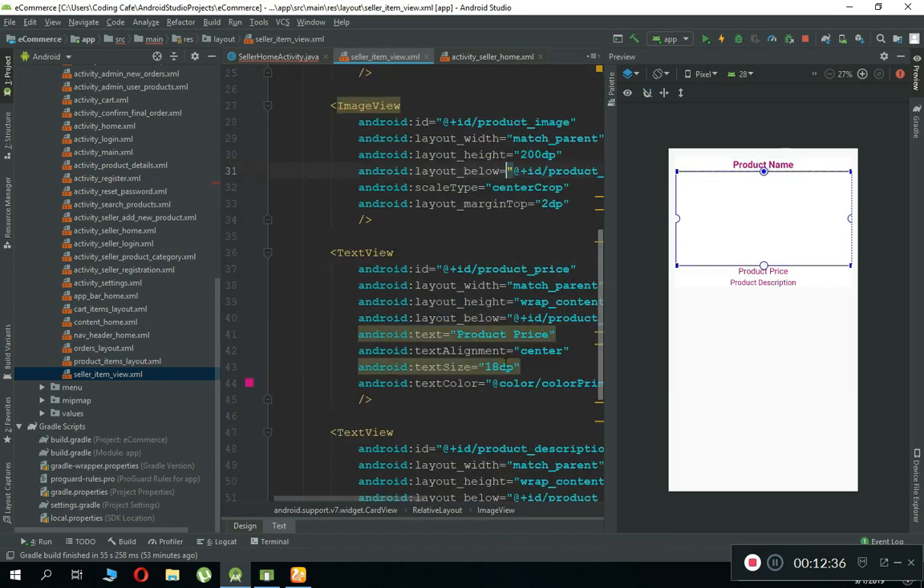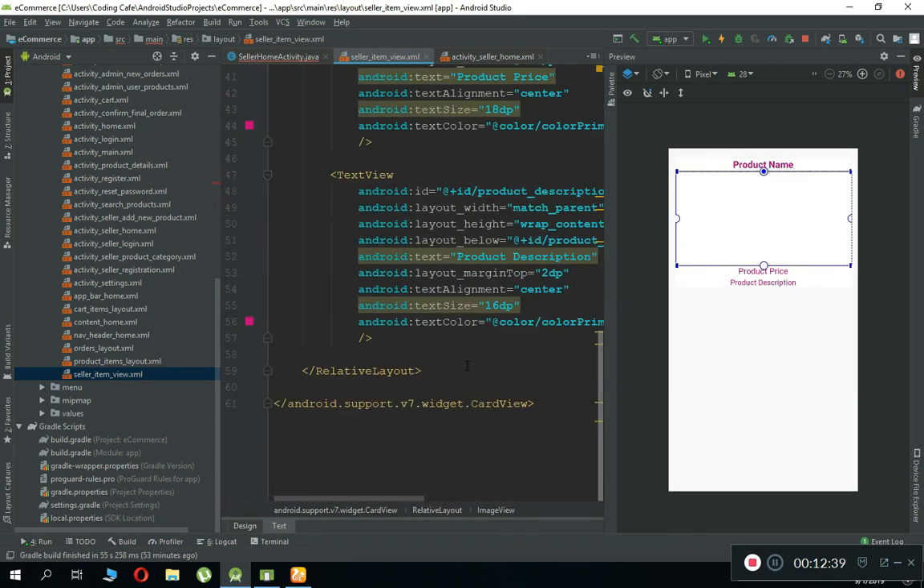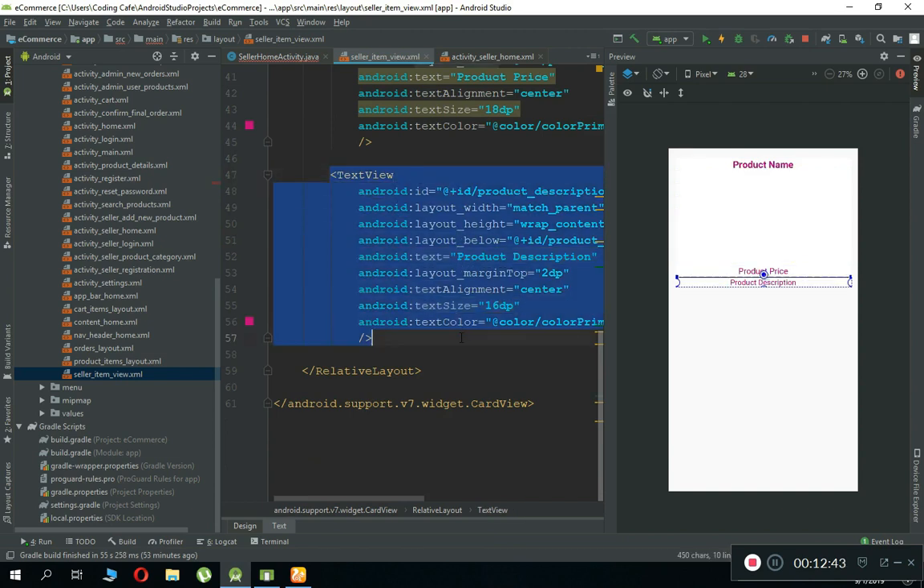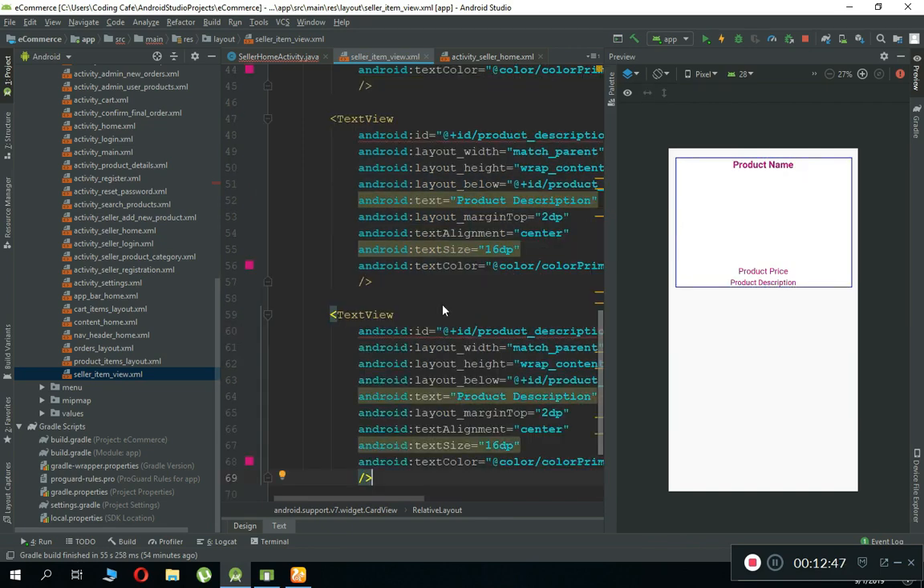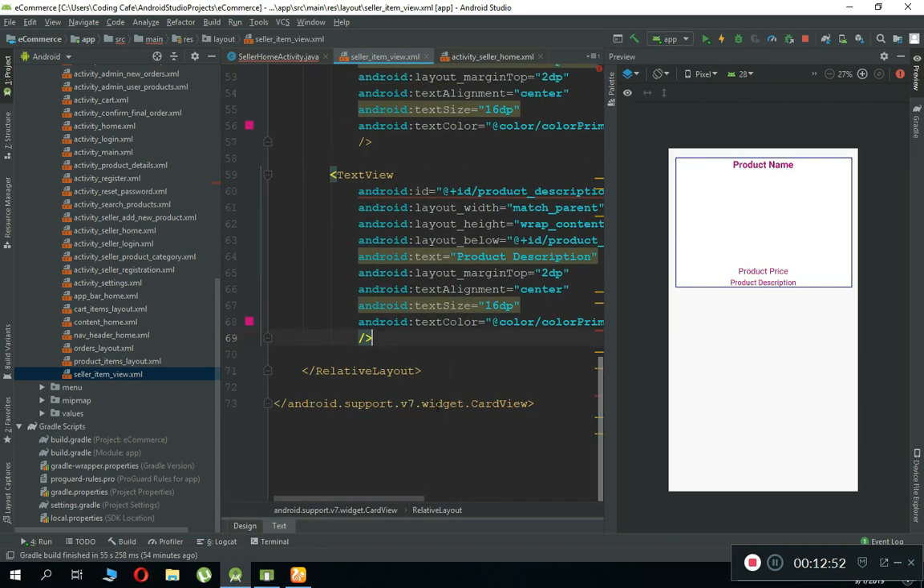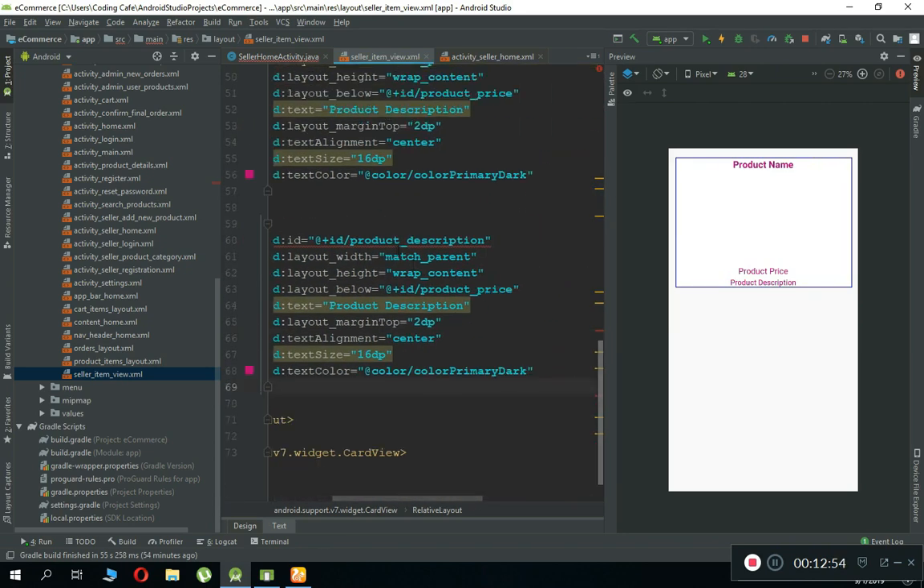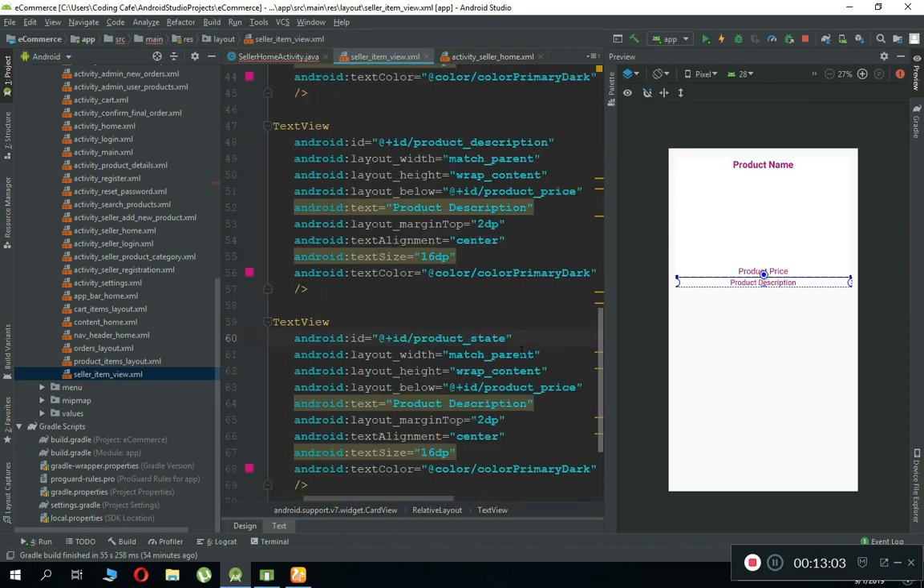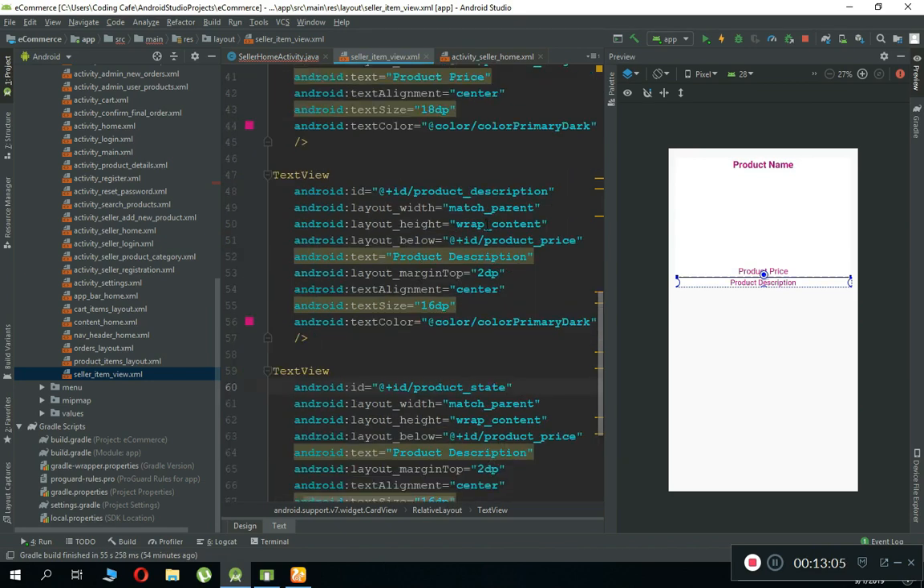Okay, and then product price, product description. Now let's add another text view where we will display the product state to the seller. So let's first change the ID for this. This is product state or status. Whatever, product state is approved or not approved, so it must be below the